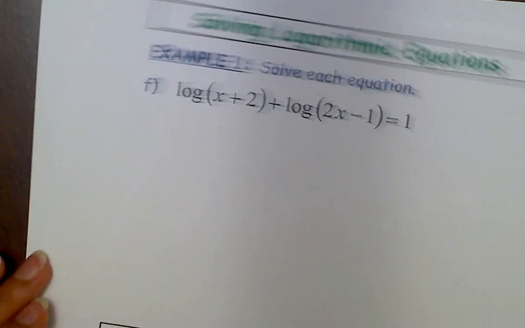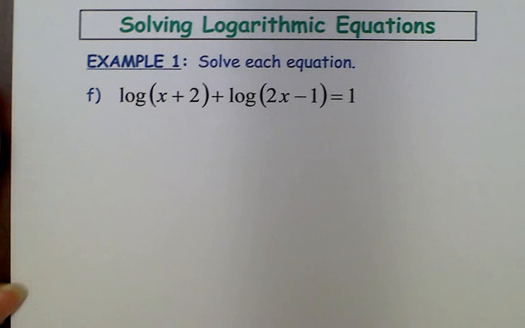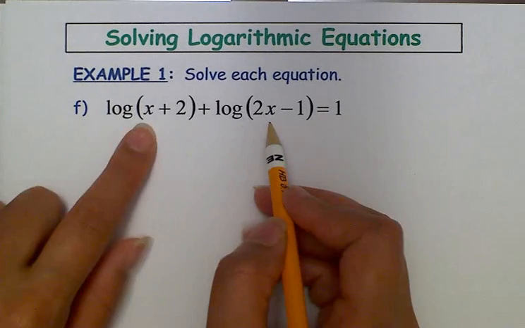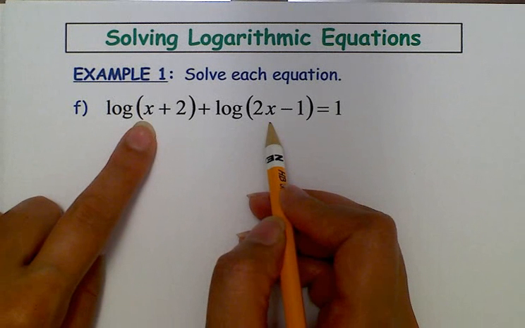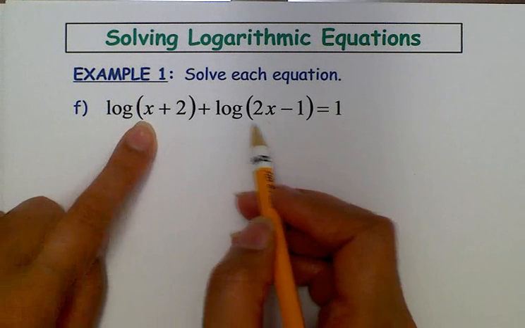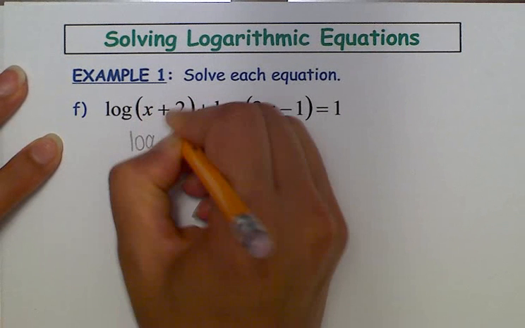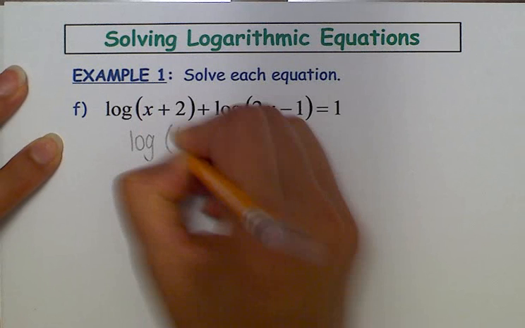Okay, let's take a look at the next one. We have log of x plus 2 plus the log of 2x minus 1 equals 1. And again, similar idea. You have all the logarithmic expressions that have a variable in it on one side. So I can apply the product law of logarithms to get log of x plus 2 times 2x minus 1